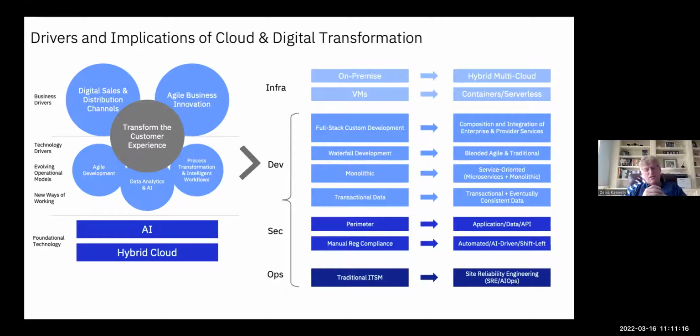We build the application top to bottom. It was monolithic, transactional. Whereas now we're in a world where we want to get into a more composable application where you actually start to build microservices and stateless, etc.